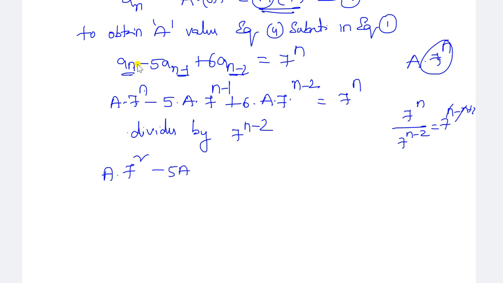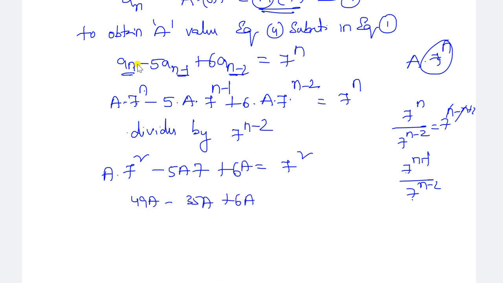into 7 to the power of n minus 1 by 7 to the power of n minus 2, that here we got 7, using the formula a to the power of m by a to the power of n equals a to the power of m minus n, plus 6 equal to 7 square. So 7 7s are 49a minus 7 5s are 35a plus 6, here we have a, a equal to 7 square, 7 square is 49, so 49 plus 6,